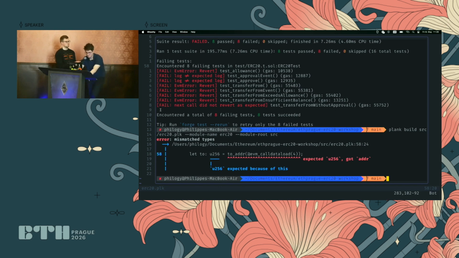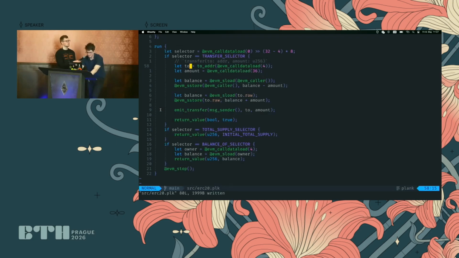Always happy to fix that, because a good error message is also something that's very important to me. Copying the philosophy from other languages like Zig or Rust, I'm a big believer that an error at compile time is better than an error in testing, which is better than an error in production. And Plank wants to help you as much as possible to move as many errors as you can early in the process, because even if they're hypothetically simple things that an auditor would catch, these are potentially days or weeks and thousands of dollars lost in your development process. So anything small that you can catch early on is very valuable, and leveraging the type system to help you do that is one way that you can do that.